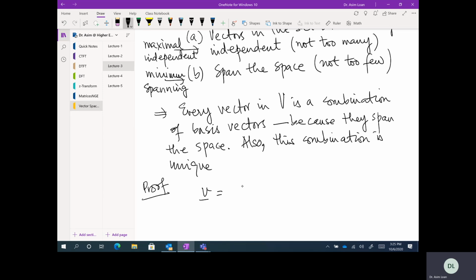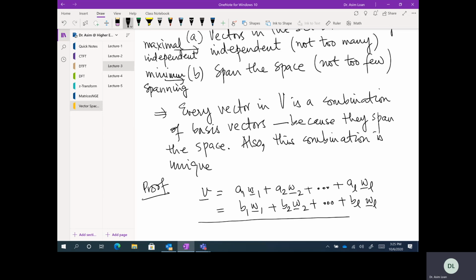Suppose V is equal to some A1 W1 plus A2 W2 plus ... AL WL, and then this is also equal to B1 W1 plus B2 W2 plus ... BL WL. If I subtract the two,